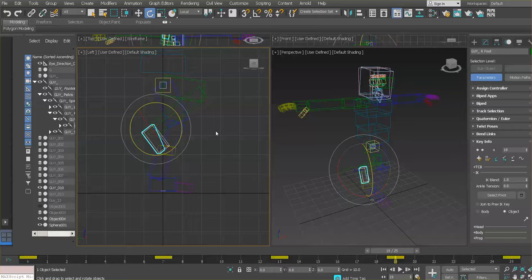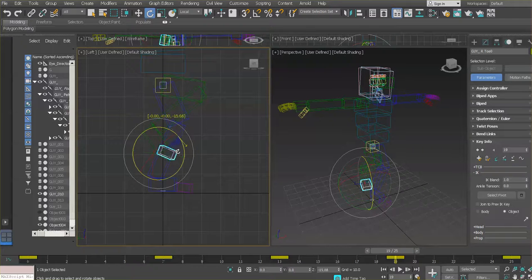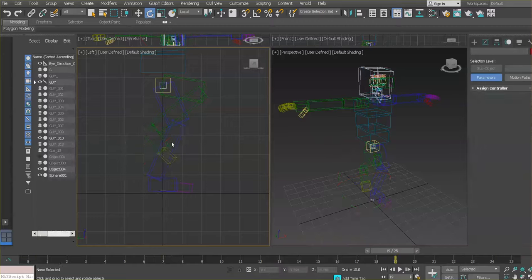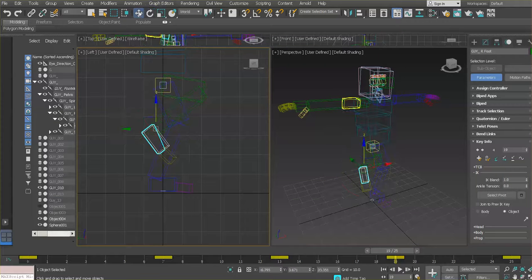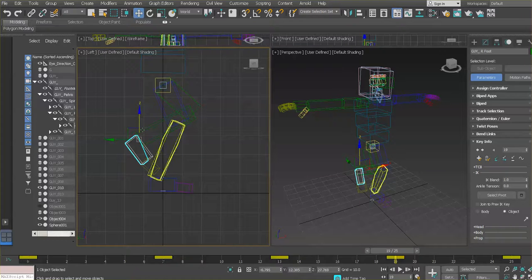So let's rotate, set key, rotate, set the key, and now I'm going to move it back. So I'm just going to lower it a little bit, and you can edit it a little bit further if you want, and set the key. Okay, so now we got our opposite,